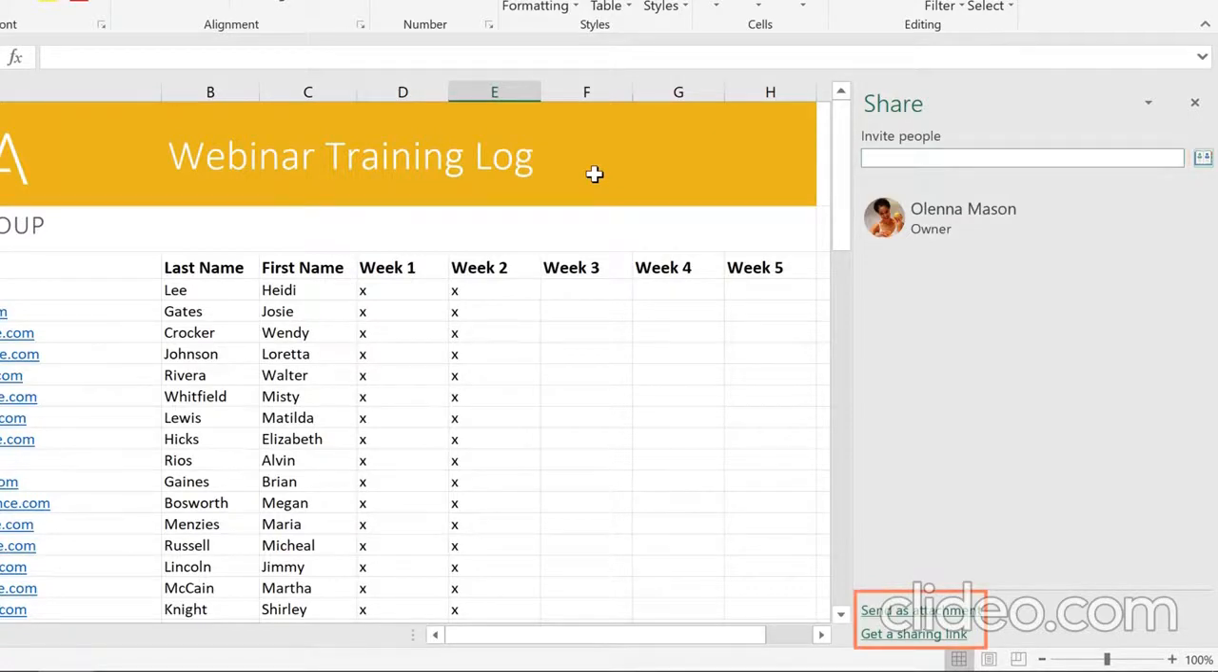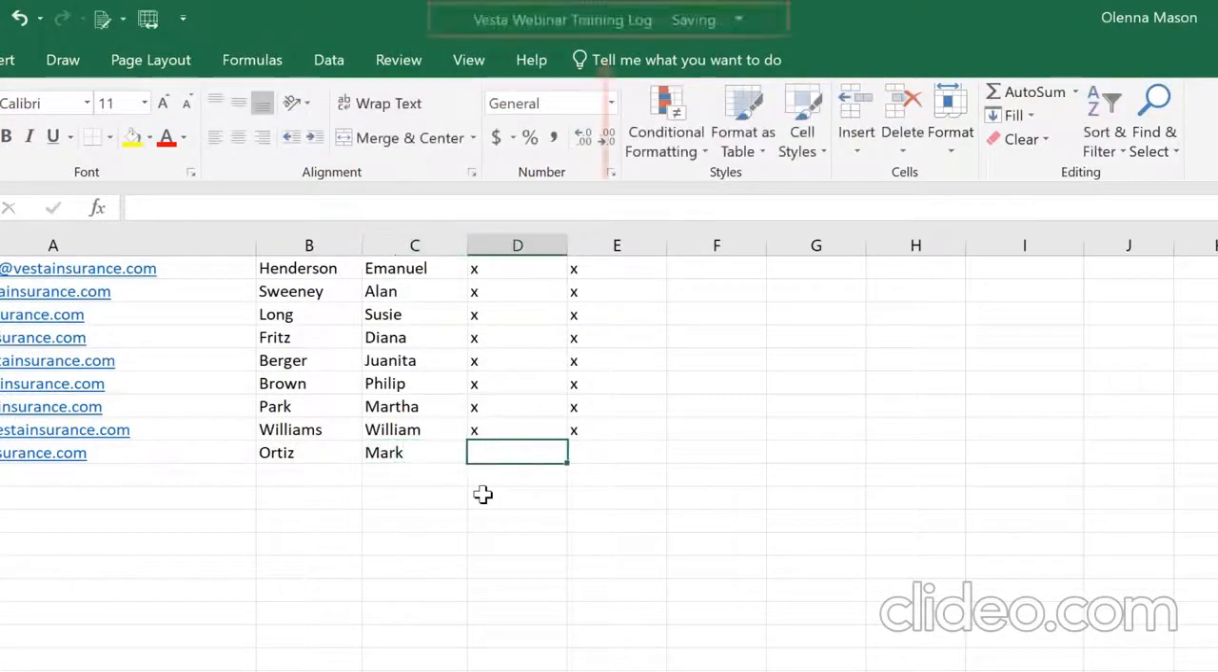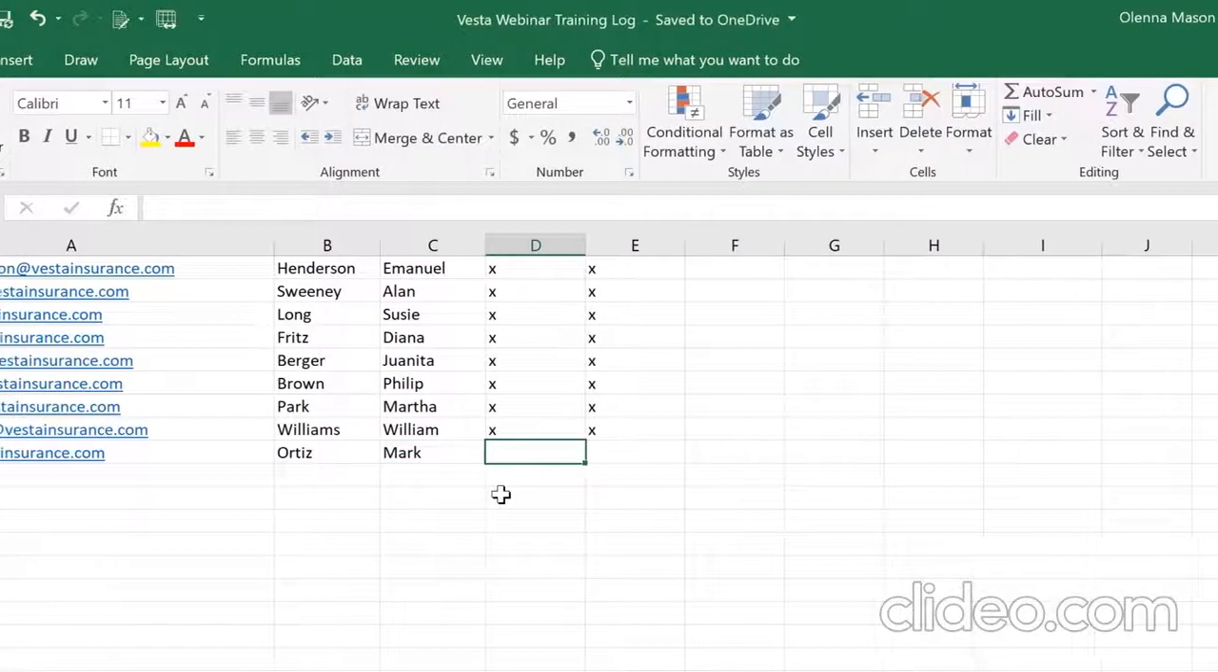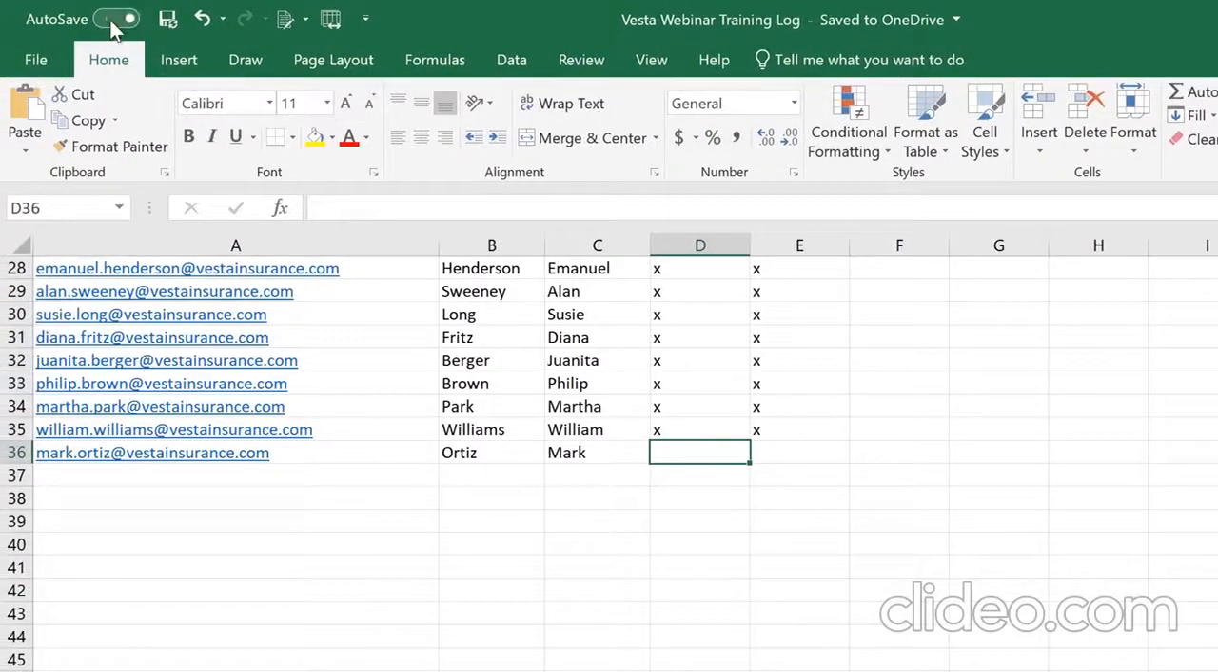getting a shareable link. If you have Office 365, you can use the autosave feature once you upload your workbook to OneDrive. Whenever you make a change, it will automatically save your file. However, if you want to disable this feature, click the button in the top left corner. Keep in mind that if you deactivate autosaving, you'll need to click the Save button every time you want to